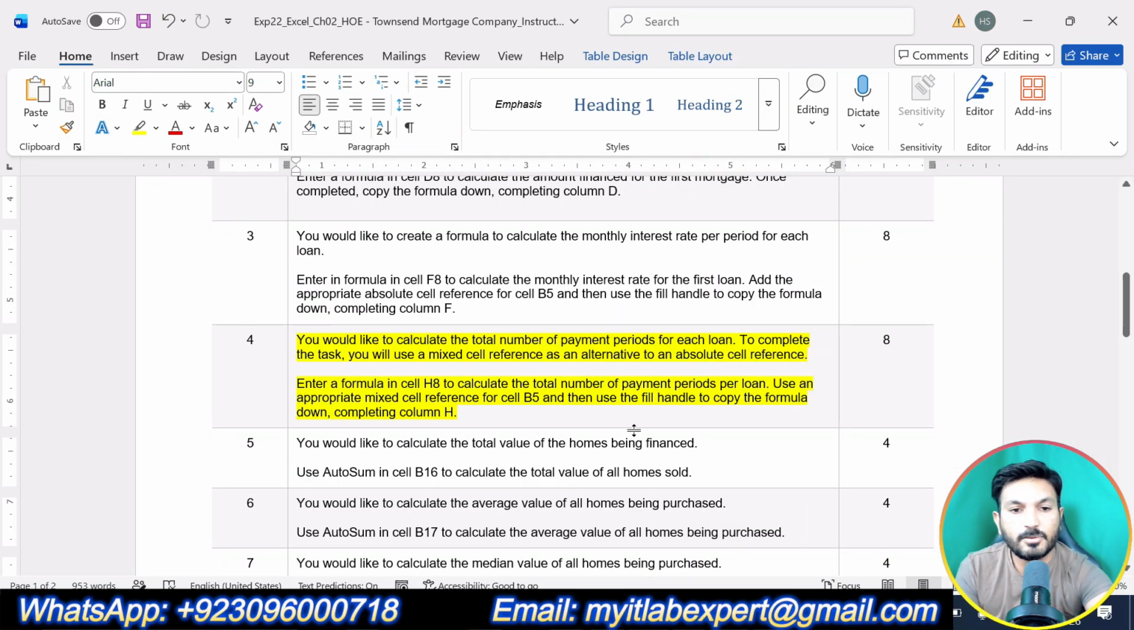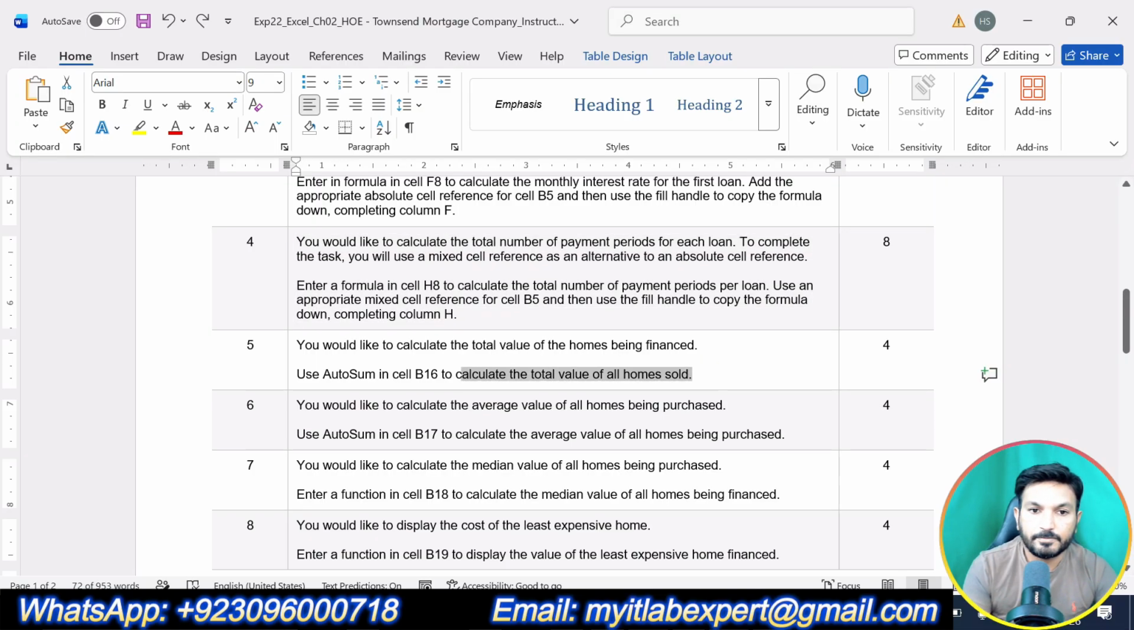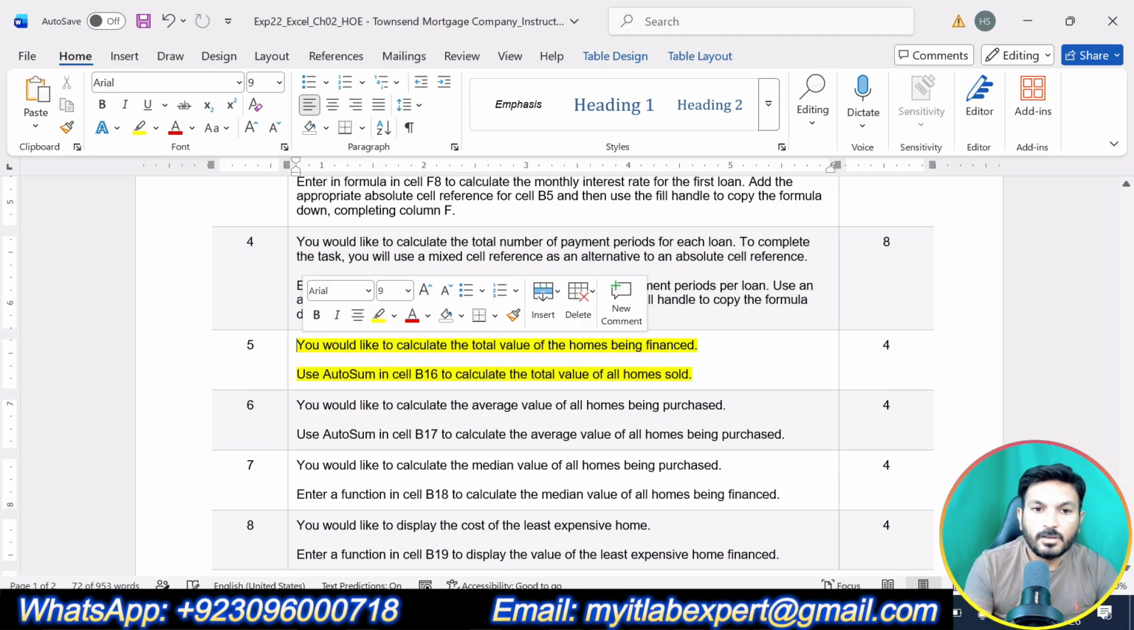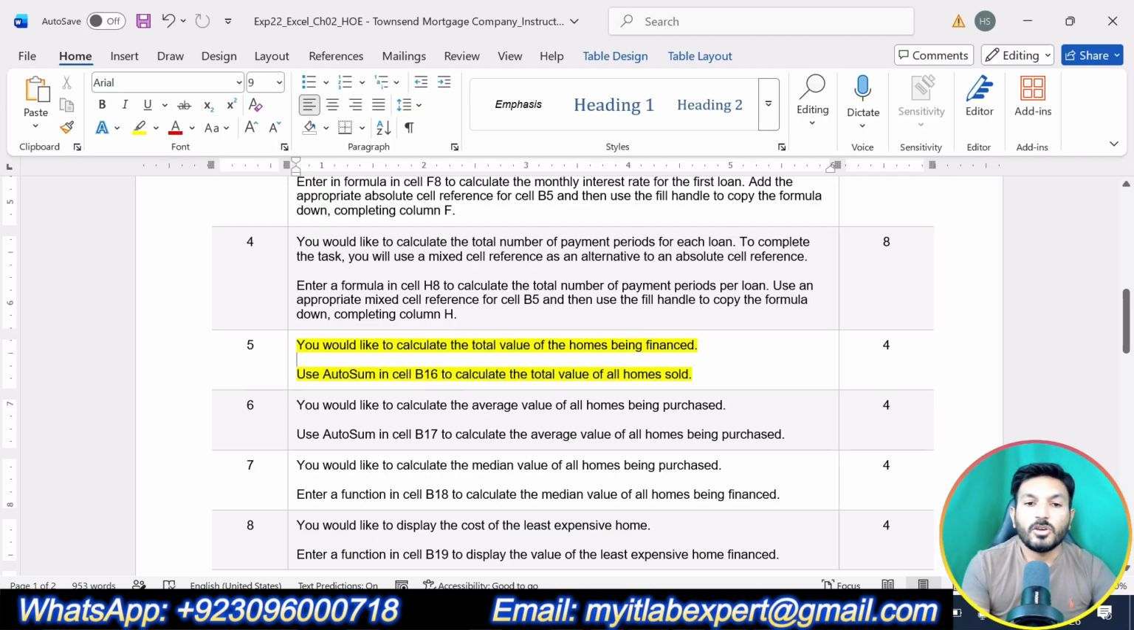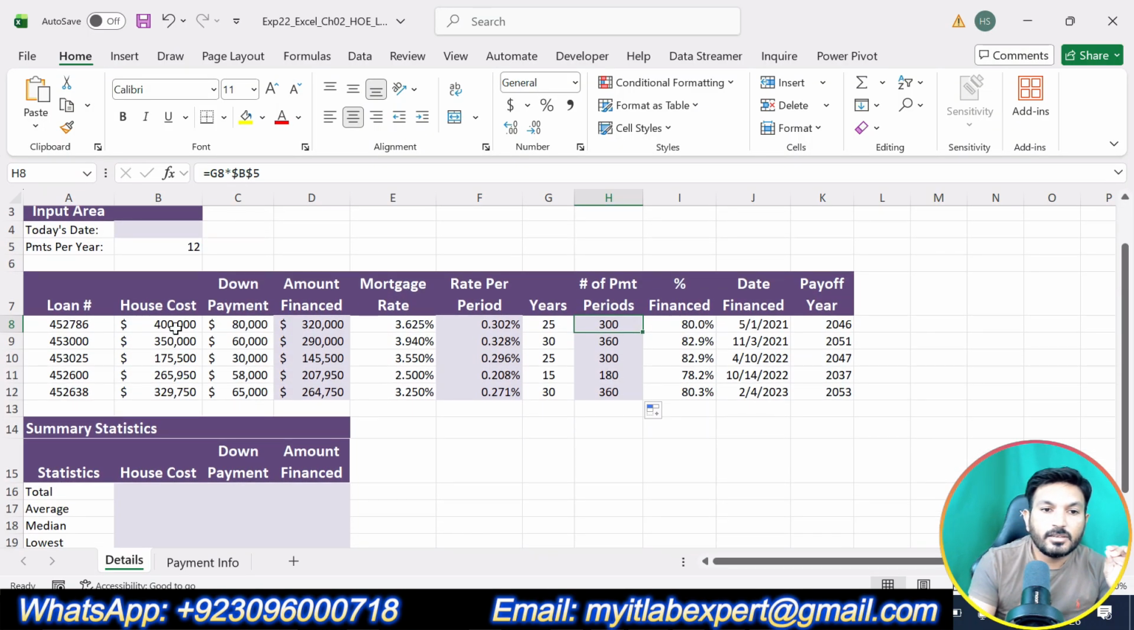Okay. So let me move to the next step of the assignment, that is step number 5. Step number 5 is saying you would like to calculate the total value of homes being financed. Use auto sum in cell B16 to calculate the total value of all homes sold. So we are going to calculate the housing cost of all homes in cell